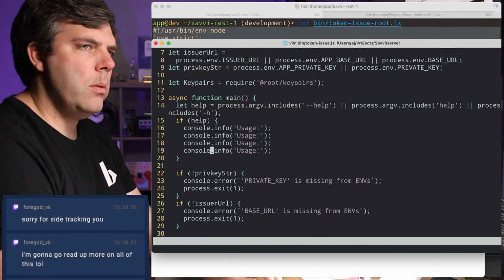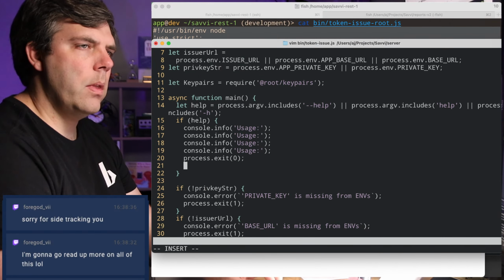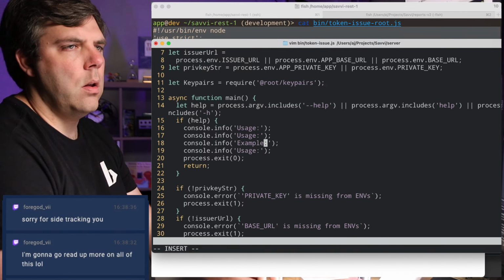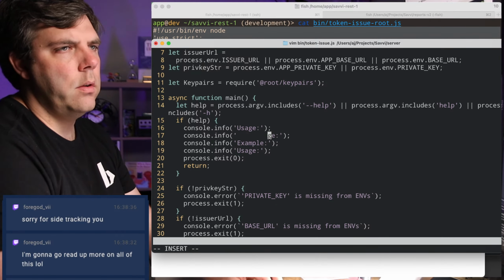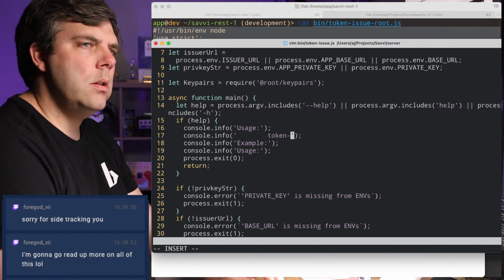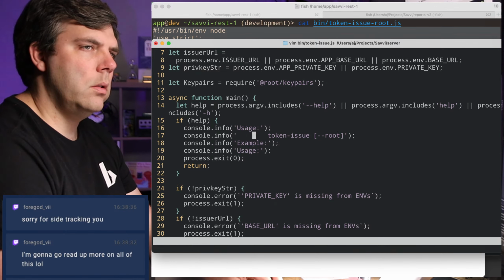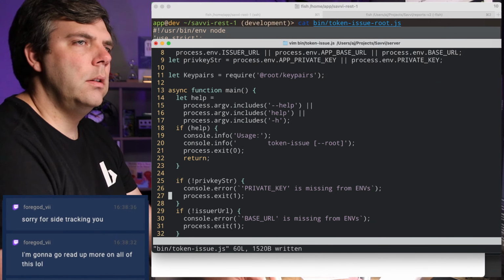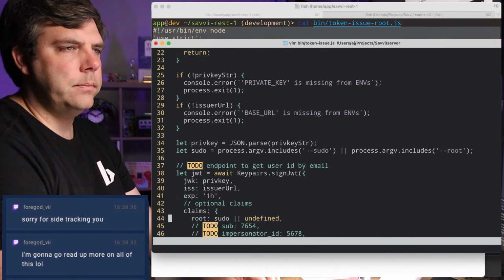We'll have an example. We'll have another thing. We'll have a process.exit 0 and return. Usage would be token issue dash dash root. That's kind of, yeah, it doesn't need anything else. That's it. We'll add some more stuff to this later.